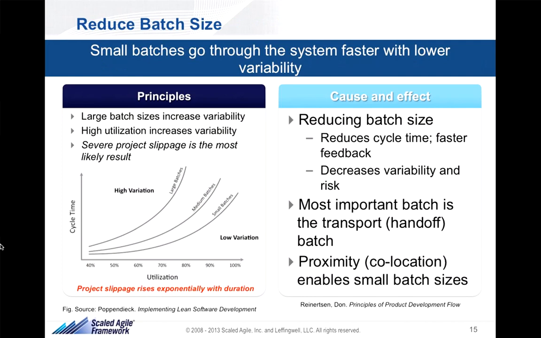Resources are busy, the batch is very big, you will have variability. All of our large software programs have variability. It's not positive variability, it's negative variability. So is it because we work with people who fundamentally don't know how to plan or write software, or is